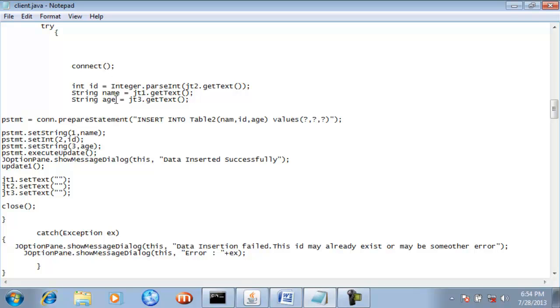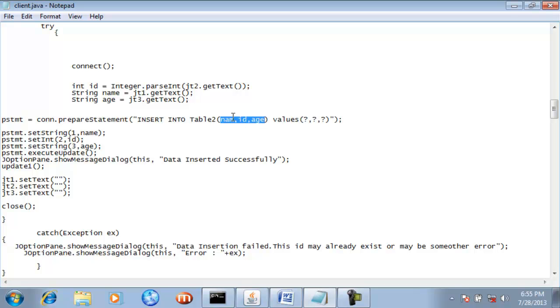And here is your SQL query: insert into table 2 name, ID, age, values. Here is the name of the table which exists inside the data2 database, and name, ID, age are the different columns which exist inside this table 2. And this sequence should be the same as the sequence inside that MS Access database.